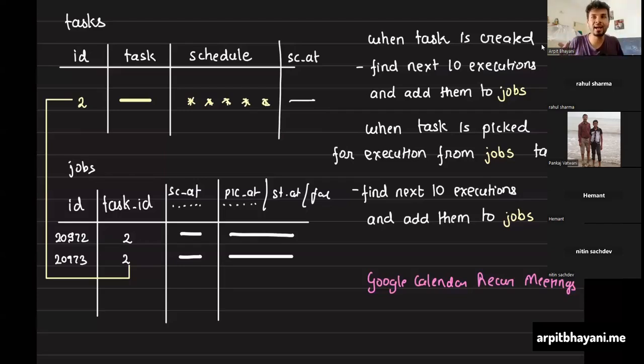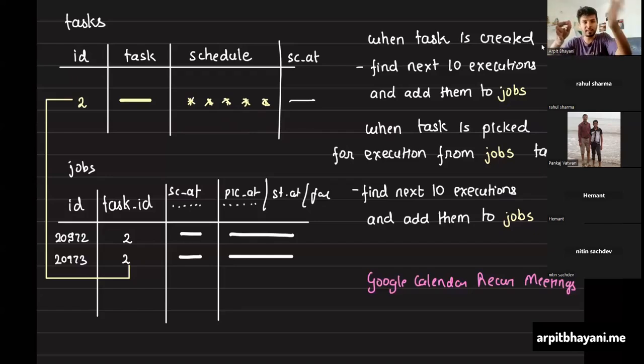Instead of thinking of recurring things like that, think of it this way: when my recurring task is picked up, I will check if the task is recurring. When my picker picks a recurring task, it finds the next 10 occurrences of it and schedules them for those fixed times. Again, when a picker is picking a recurring task, it knows it is recurring because it checks the database. If it is a recurring task, it figures out the next 10 iterations from that time and creates entries in the database for the fixed execution.